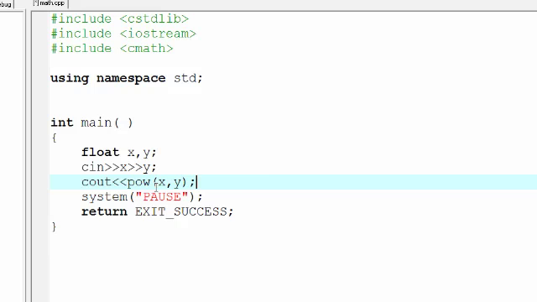So x will be raised to the power of y, and let me write down here: x equals x, and y equals y, and then I'm going to say x to the power of y equals, and then just do it like this. Now if I execute,